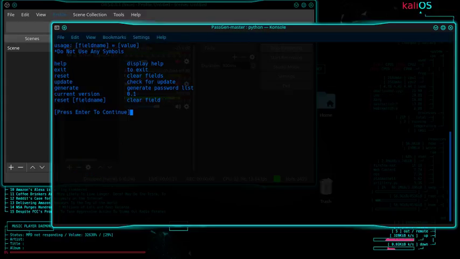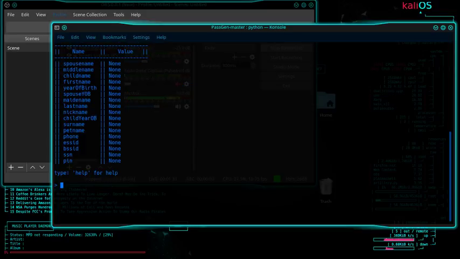You can type in help to get the information, which is going to be inside the readme file, but it's very simple. So I changed my password today on my router to fit this dictionary that we're going to crack today. Because to be honest, you're not going to be able to crack my Wi-Fi other than what I had already. So let's fill in the blanks, just a couple of these, just to get a basic password to fit my list. So first name